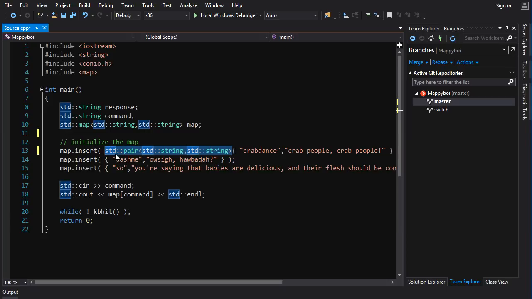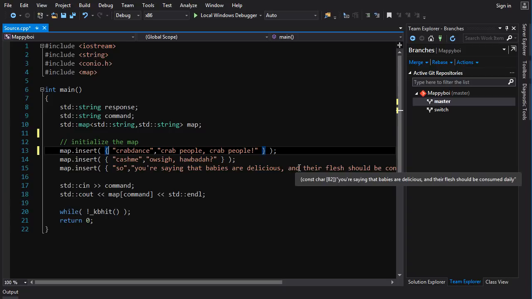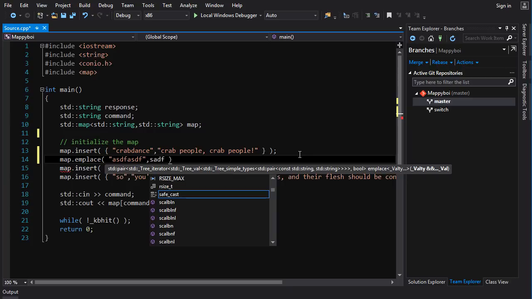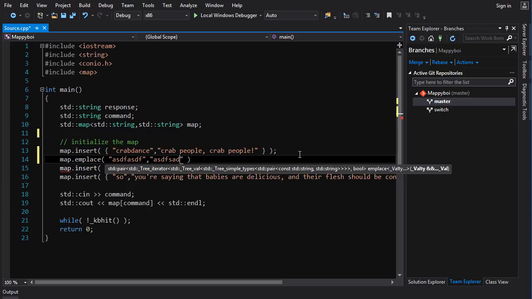But obviously this is annoying to type out every time, and C++ can deduce that we want to create a pair. So all we have to do is give it curly braces, and it will create that for us. Now there is another way, an even better way to insert stuff into our map, and it is called emplace. What this one does is it will construct the pair in place. So all we do is we give it the parameters for constructing the pair. We give it the key and the value type, and it will construct that pair for us and insert it